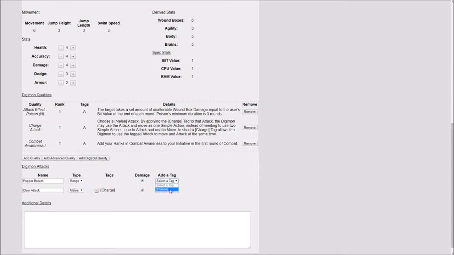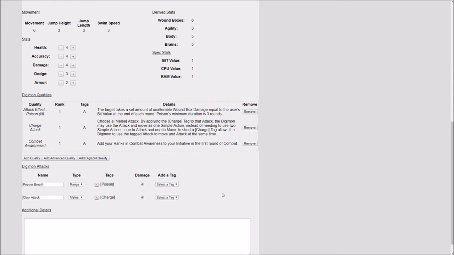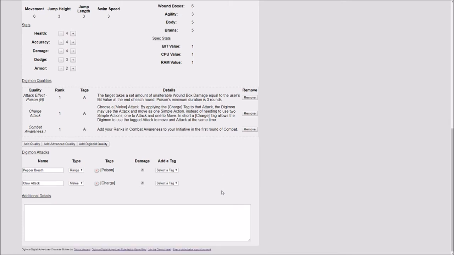Why poison when it's a fire attack, you ask? Poison is only poison in name. It can be any kind of damage over time. Be creative. If you're burning, you're taking damage. That's how it is. Now poison, as you can see here,